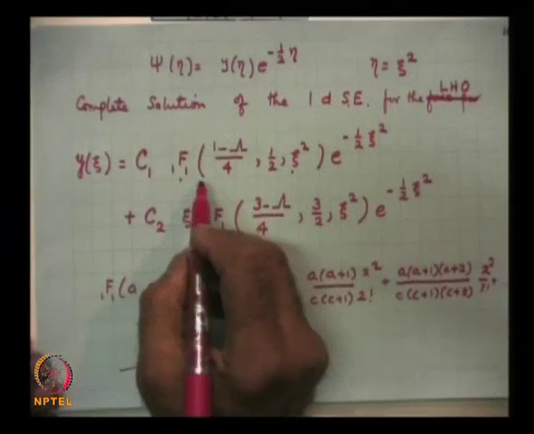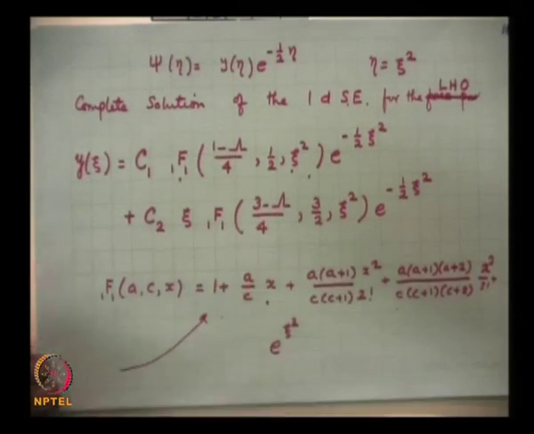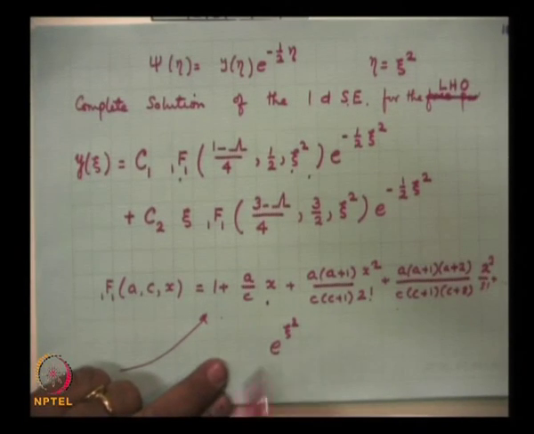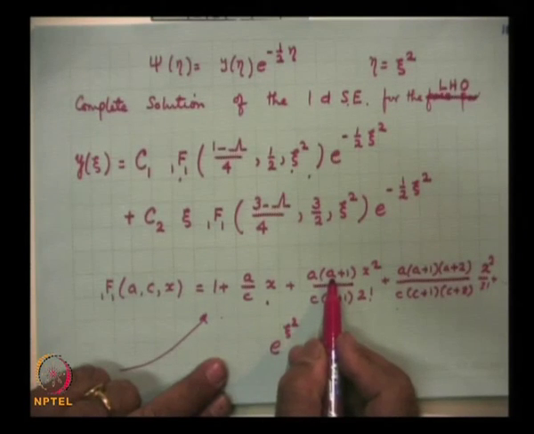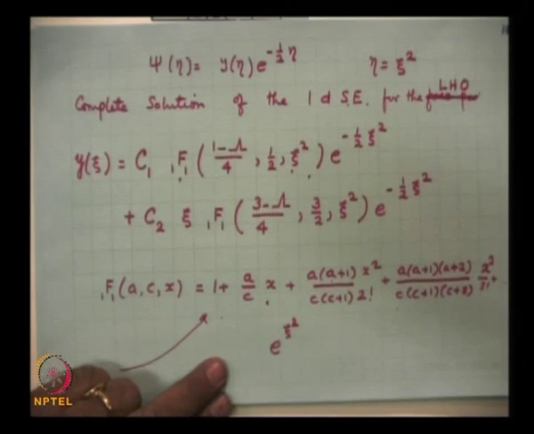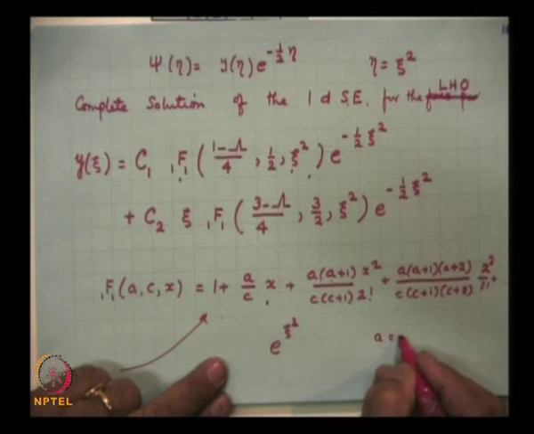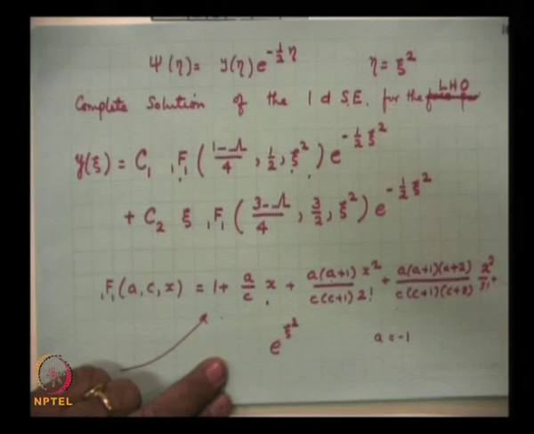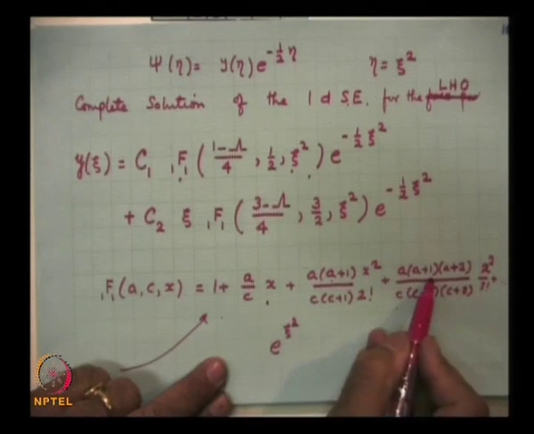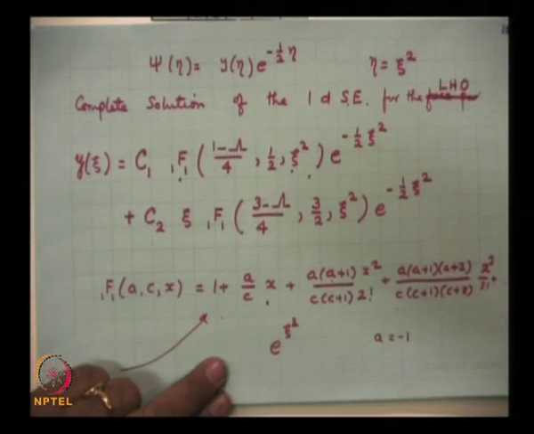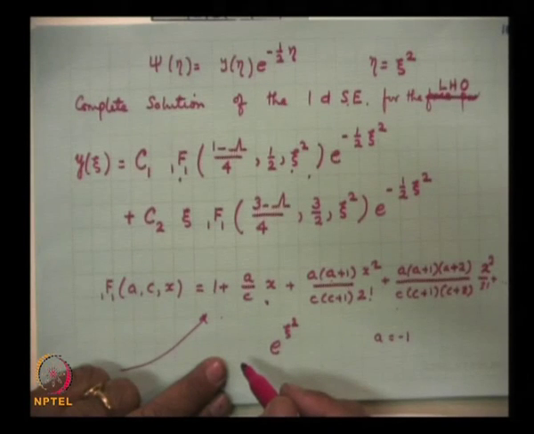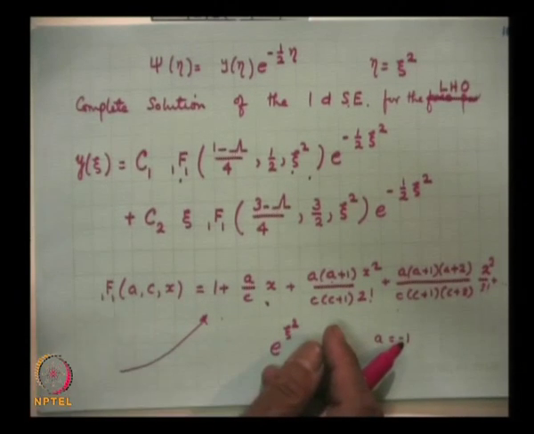This can be averted if you make this a polynomial. You can make this a polynomial only if a is a negative integer. So, for example, if a is equal to minus 1, then this term will be 0, this term will be 0, all the remaining terms will be 0. And only these two terms will survive. So, therefore,